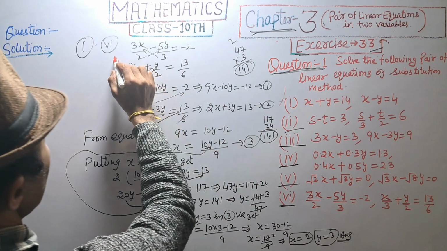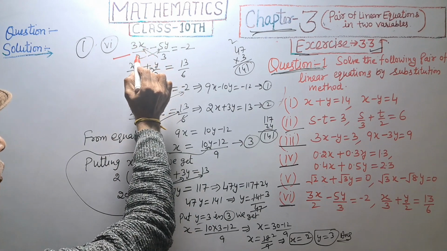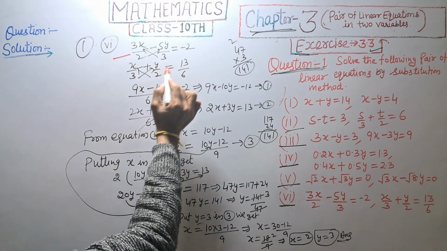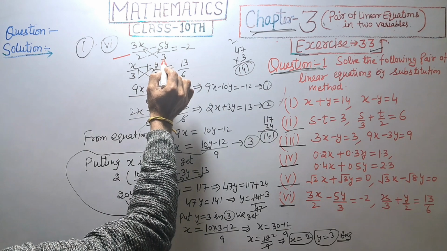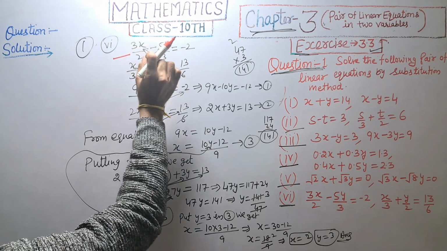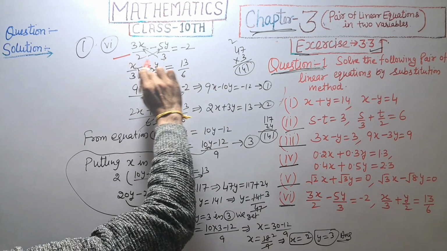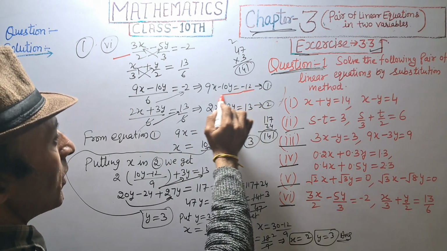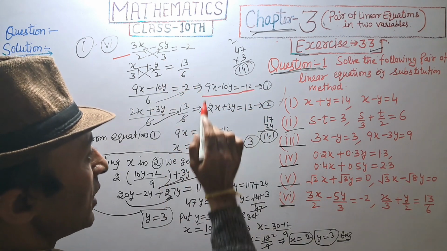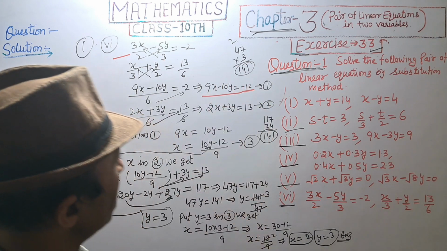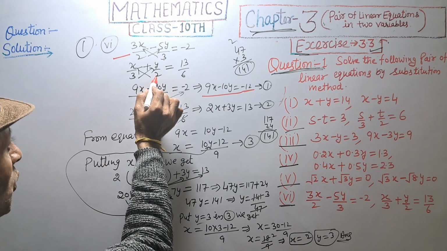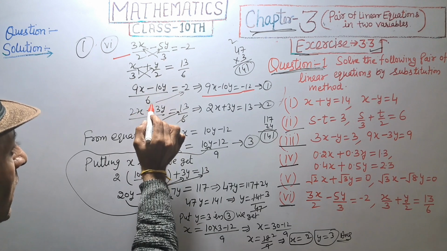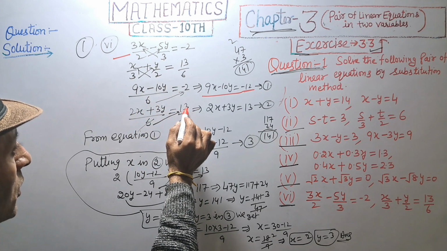Answer. Given equations are 3x upon 2 minus 5y upon 3 is equal to minus 2, and x upon 3 plus y upon 2 equal to 13 upon 6. 3 multiplied by 3, that is 9x minus 10y is equal to 6 LCM, directly multiplying by minus 2, that will be minus 12. So equation first is 9x minus 10y is equal to minus 12. And on the same process, 2 multiplied by x, 3 multiplied by y: 2x plus 3y divided by 6 is equal to 13 upon 6.